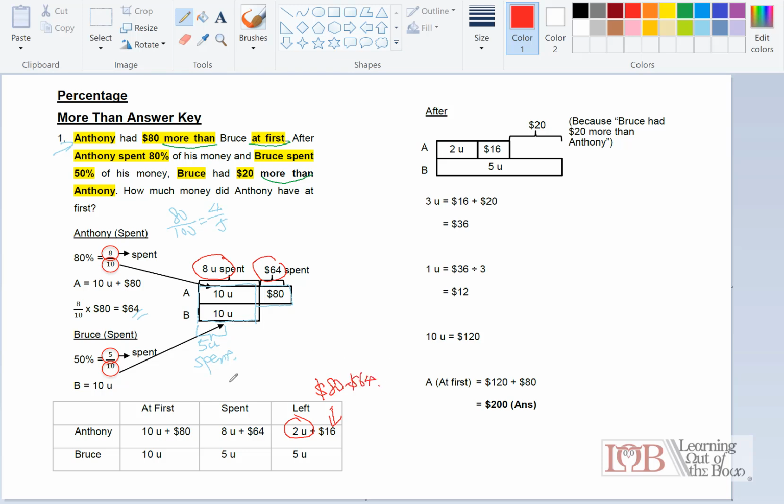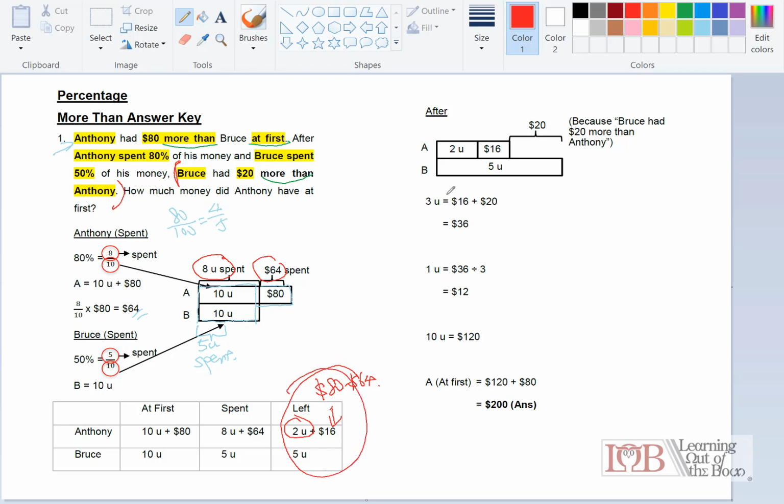Okay, now Bruce one is easier. At first you have 10U, half of it will be 5U, and then 5U left. Good. So now, how do we actually move on from here to solve the question? Again, there's something here. Yeah, in the end, Bruce had $20 more than Anthony. So we'll be looking at these